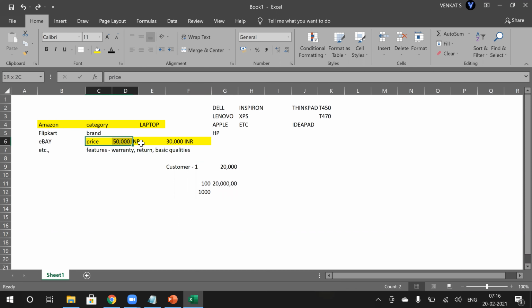So we have to be very careful while maintaining the master data of any product or any item or whatever it is. Okay. So this is the key role of the master data.